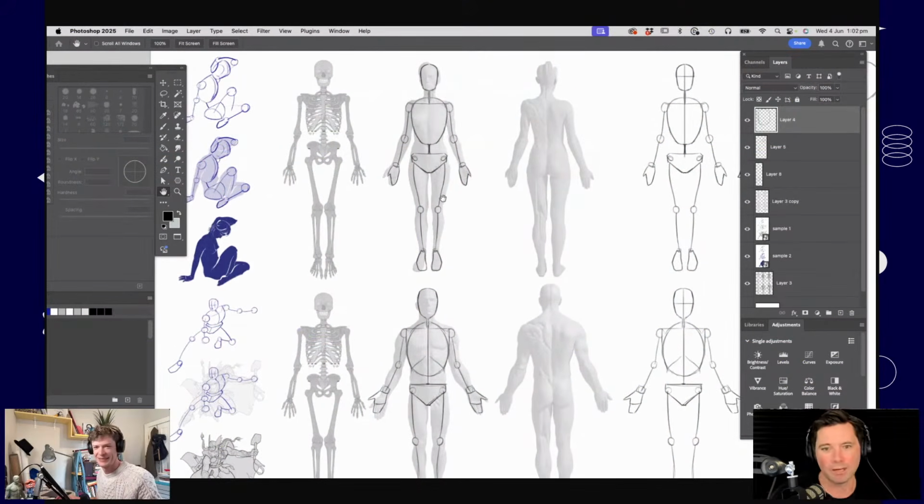Why do we need to learn figure drawing? Why is figure drawing such a necessary part of understanding drawing and the illustrative process? Well, it's drawing people, which is something that everybody wants to do. If you're drawing superheroes or characters for illustration or anything like that, you've got to draw people.